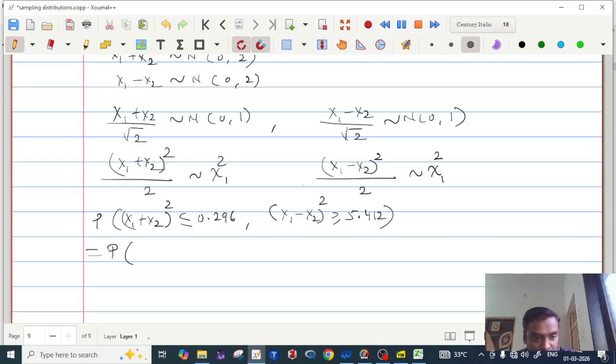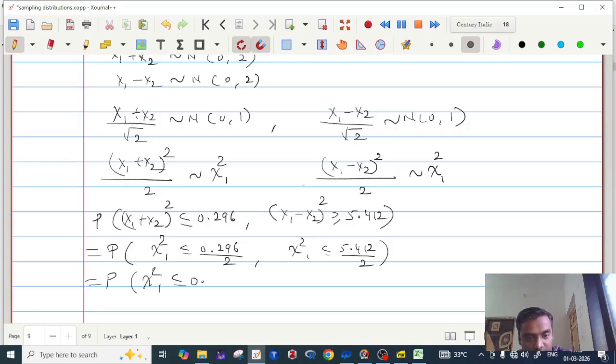So divide this by 2. If you divide this by 2, this will be chi-square 1. 0.296 upon 2. Divide this by 2. So this is again chi-square 1. This will be chi-square 1 less than or equal to 0.148